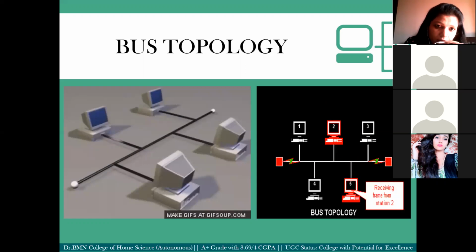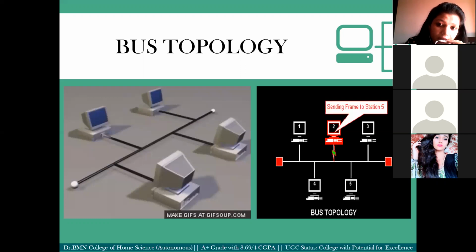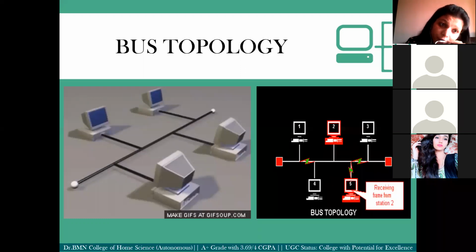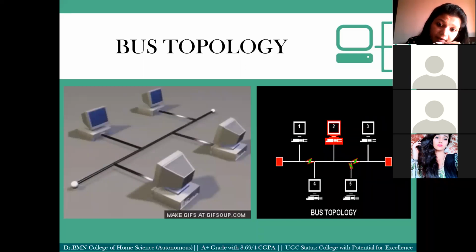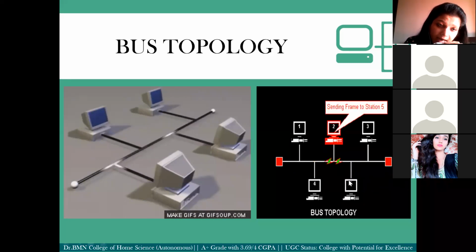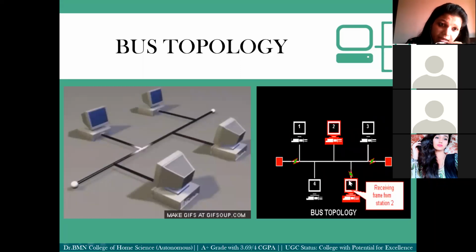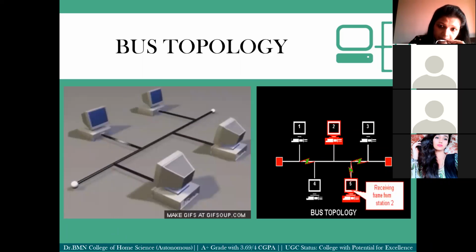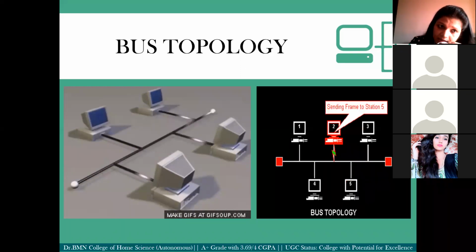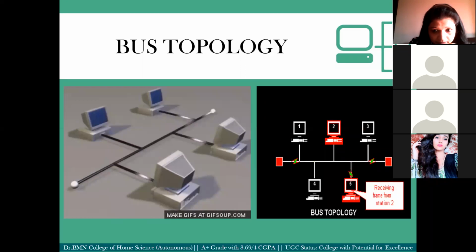Generally in data communication, the communication happens with the help of frames. Now in frames, the receiving device's address is given. Okay, and each device knows its address. So when a frame comes to me, and if I am a machine and I know that my address is 100, and in the frame the address given is 100, it is understood that this frame is for me, so I will accept it. Got it? Simple? Yes, ma'am. Other devices whose addresses are not 100, they will not accept it, they will reject it.